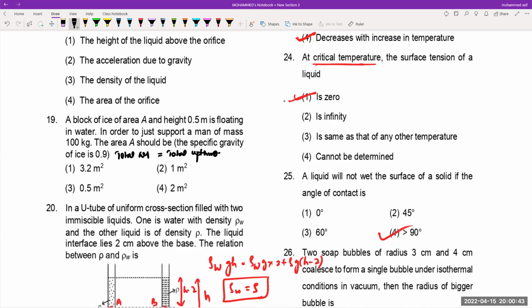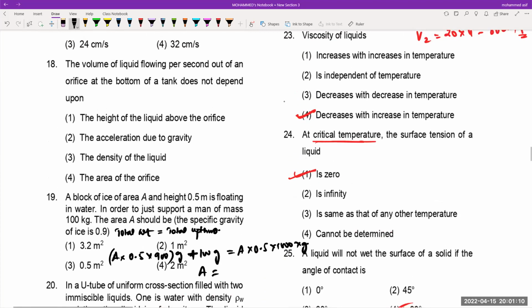है कि नहीं? So weight का formula लिख लो, total weight है ये basically. That means A into, this one is how much for me? 0.5 into 900 into G. Weight is equal to M into G. और उसका और एक weight कितना है? 100 into G. That is also acting in downward direction. A plus है. So it is A into upthrust की वजह से 0.5 into 1000 density of water into G. इसमें से A की वैल्यू निकाल दो, A की वैल्यू आ जाएगी बेसिकली।